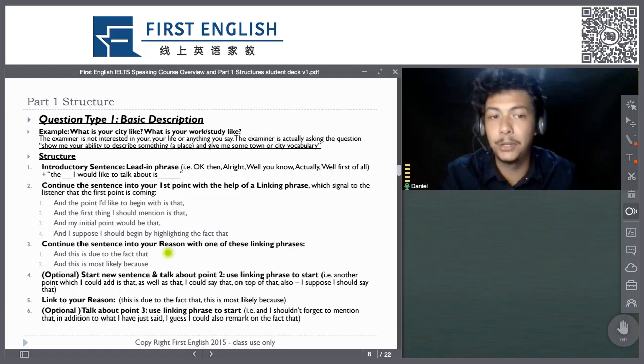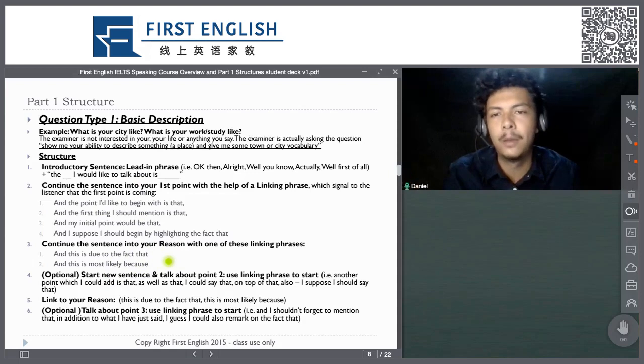Some examples of a linking phrase you can use at this point, because the linking phrases will differ somewhat depending on which point or where they're put in the sentence. So do note that. You can see how these linking phrases are slightly different to the ones that we used up here. But some examples to continue with would be, and this is due to the fact that, and this is most likely because. So to continue that same sentence with another linking phrase, we would say something like,